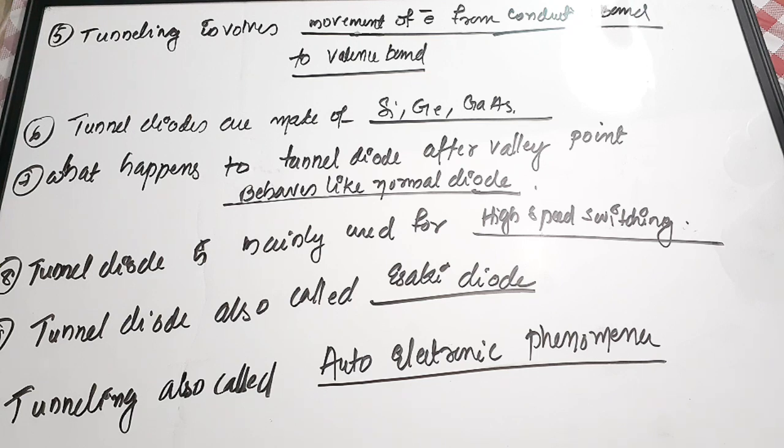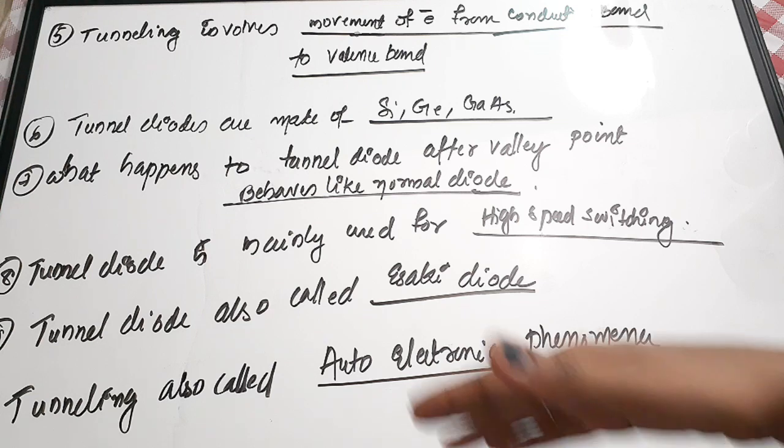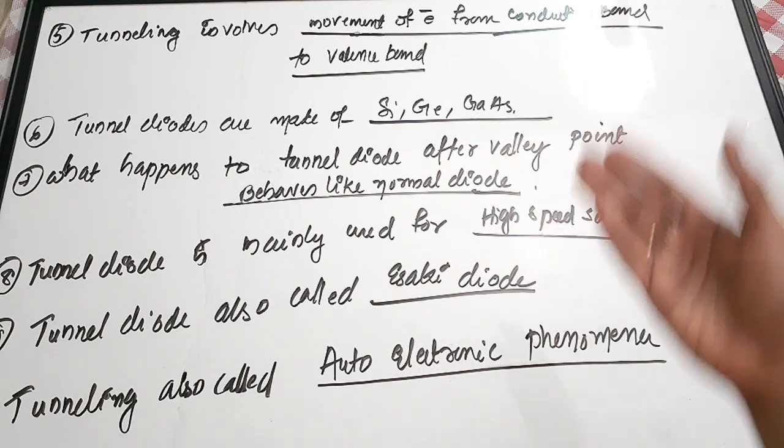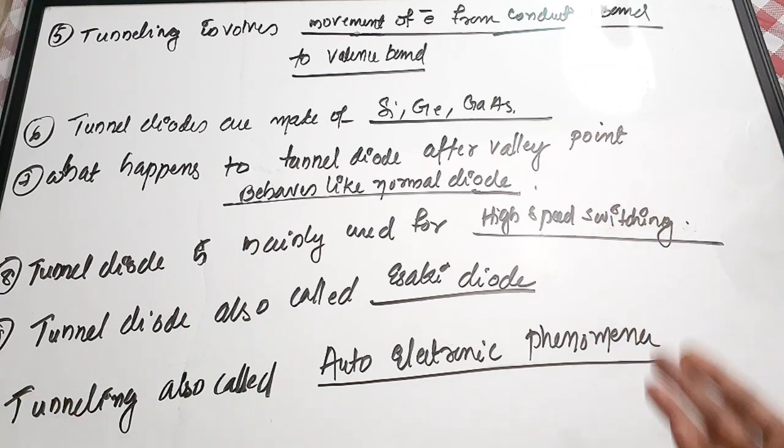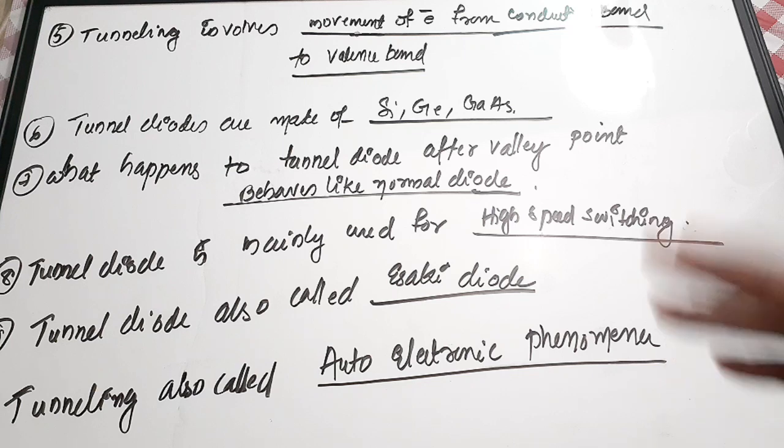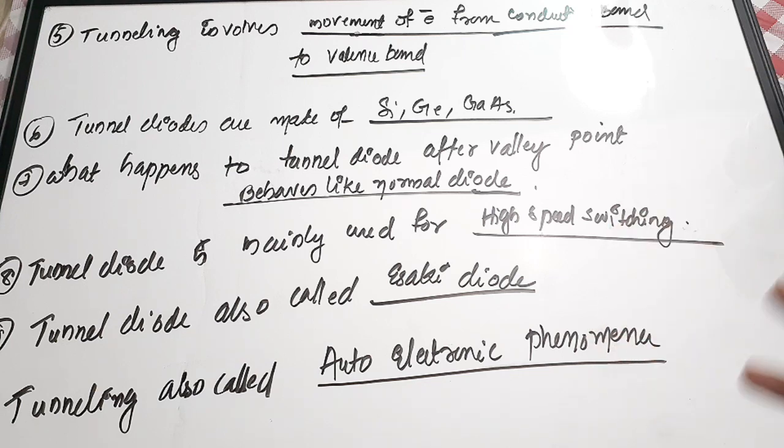The most important thing is the graph. The characteristic curve of the diode is very important. Once you know the curve, you can also write the working from the curve itself. You can see that the current goes on increasing and then decreasing. When the current is increasing, it means tunneling is happening. Then again the current is decreasing, which means the tunneling has lowered, and then the tunneling has stopped and the device will work like a normal PN junction diode.